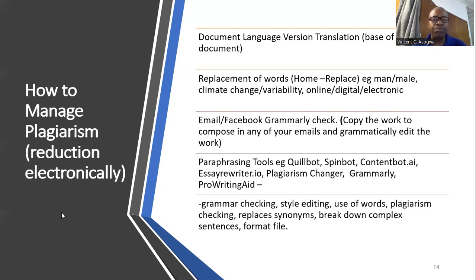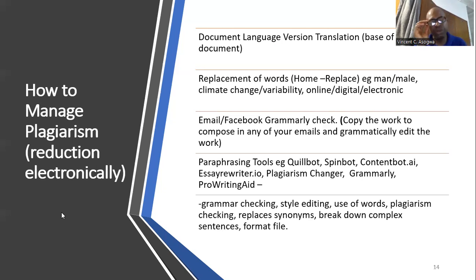We also have the ProWritingAid. All these paraphrasing tools use the same functionality. What do they do? They paraphrase your sentences. They go online and try to make sure that they vary what is online with what they have, using different